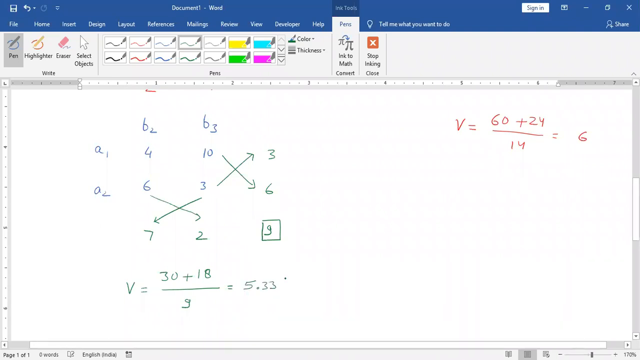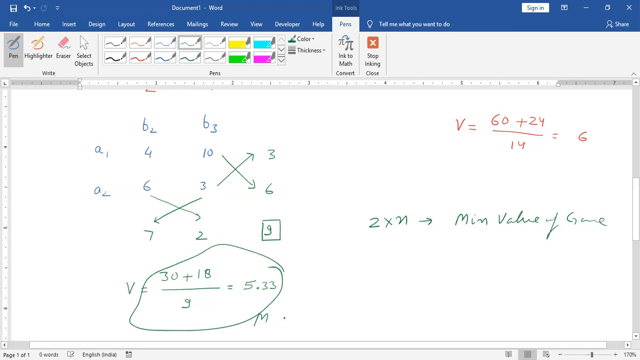5.33. Right. Now the question is this: which is our answer? We have two values of game, and which value of game are we considering? So in case of a 2 by n, we will take the minimum value of game. And the minimum value of game is what? 5.33. So we can say the value of game V is equal to